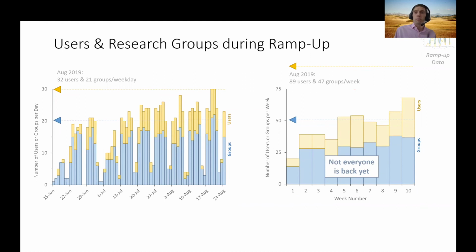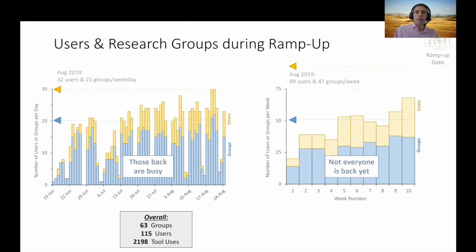At the same time, those people that are back are pretty busy, as we see, right? Because we almost are back to the same number of users per day level, yet not the same numbers of users per week, right? So the people that are back are in the lab very frequently and working hard. And if we take the average or the total for the entire June through August period this year, we get about 63 different research groups, 115 different users, and roughly 2,200 tool uses that they have done in the last